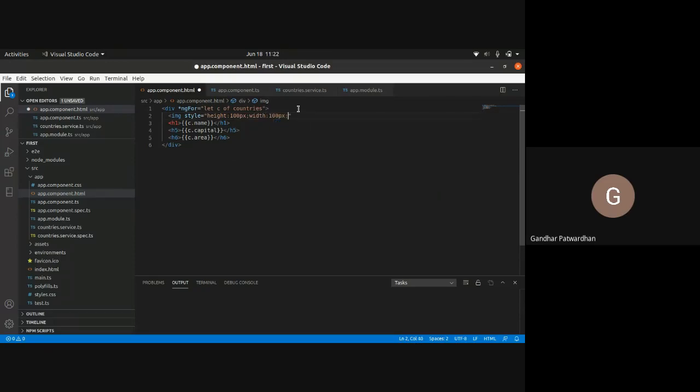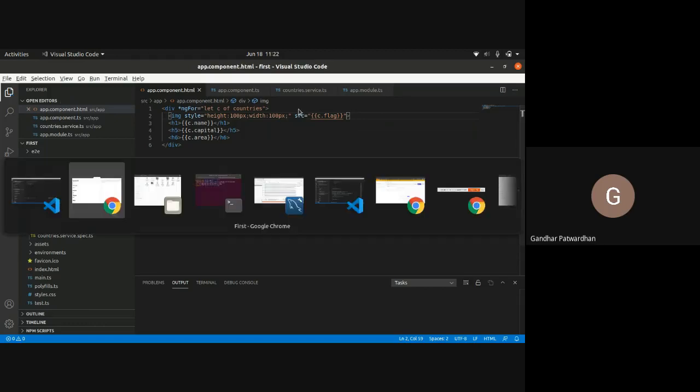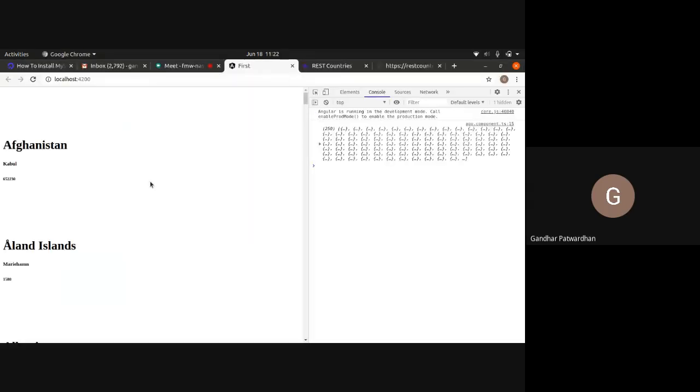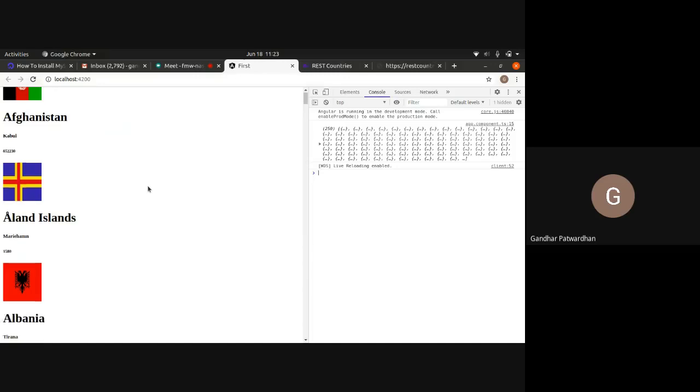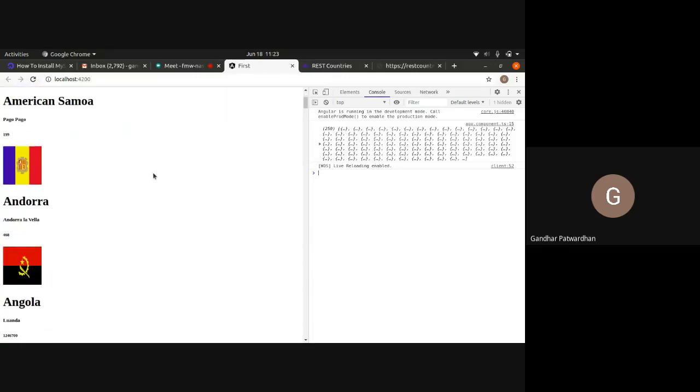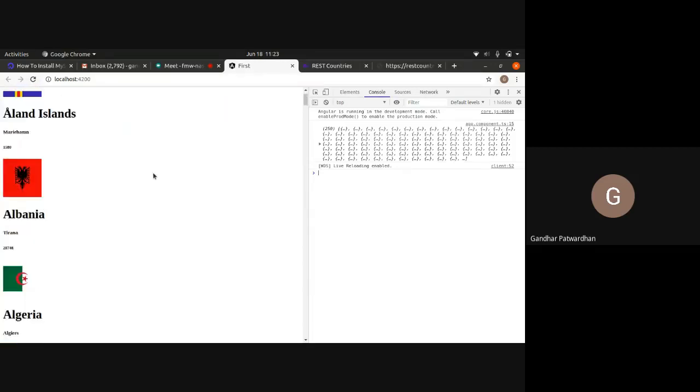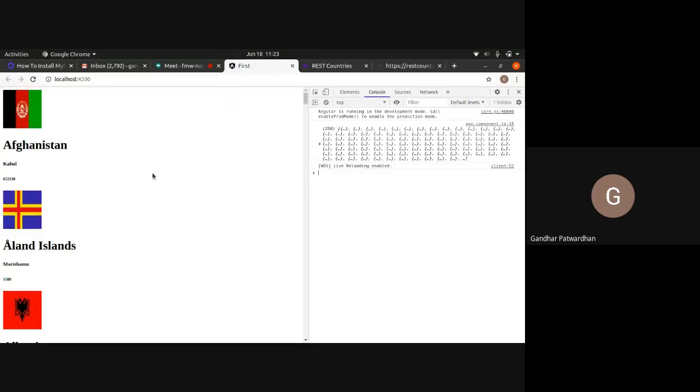If I do not give this, it will become very big. Then I would say src equals to, and inside src I'll bind it to C dot flag, and I'll close this. So we get the flags of every country, and that is how we display the elements.